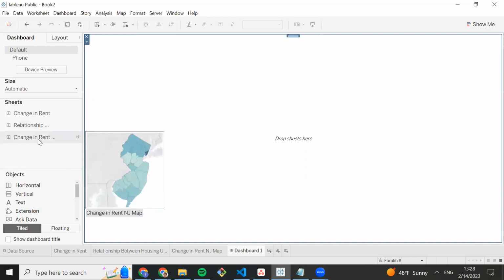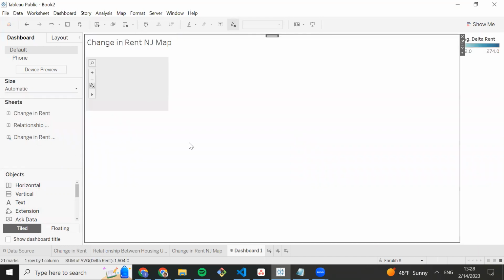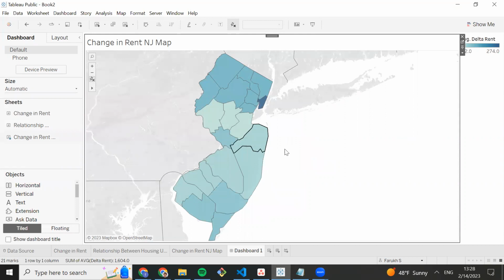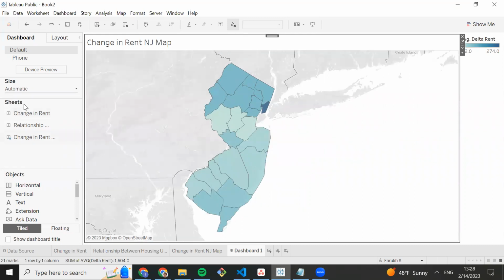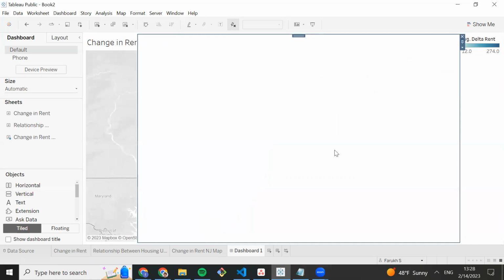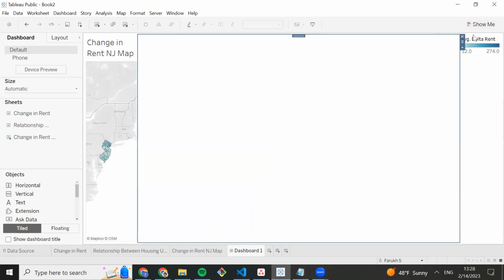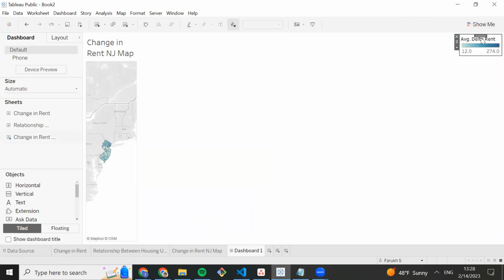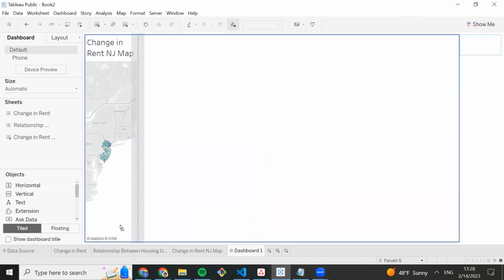Okay, let's grab Change in Rent. I'm going to place that on the left-hand side. As you can see, I get the worksheet that I've created. Now, let's say I don't want this legend on the right-hand side. Well, I can grab the vertical object, and I can drag it inside of my visualization. Now it looks messed up for the time being, but what this will actually allow me